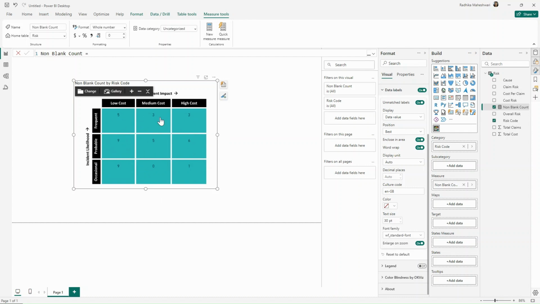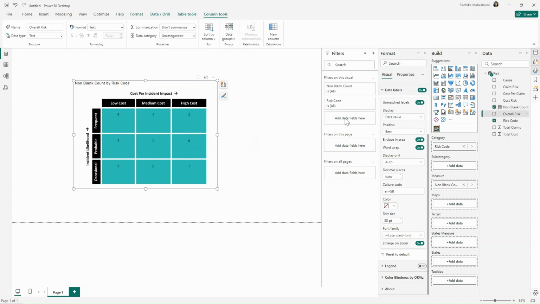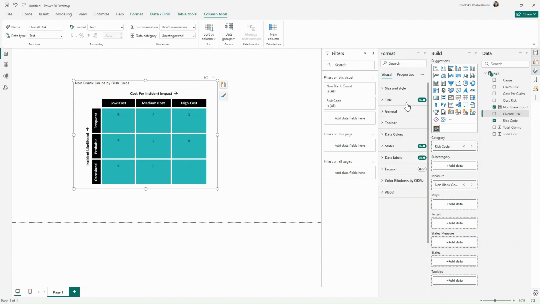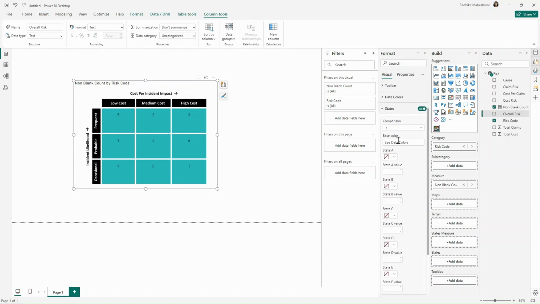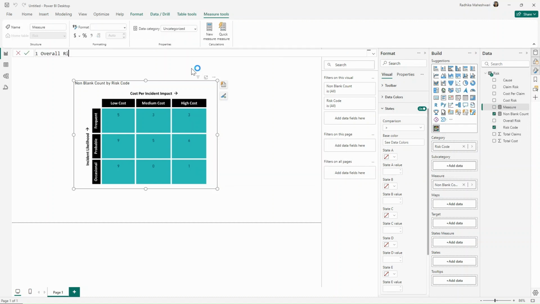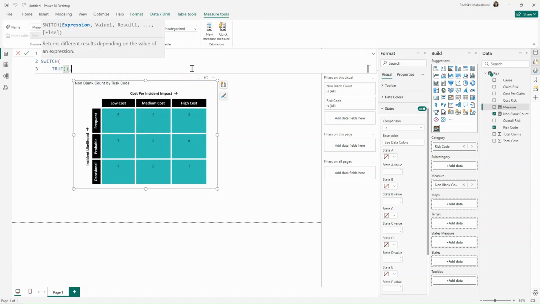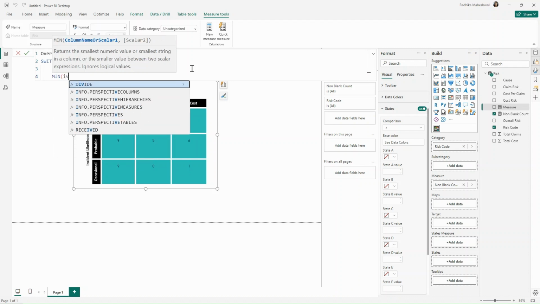Now we need to color code this risk matrix, and to do that we'll have to create another measure because currently our overall risk is a text value and it will be hard to set the colors like that because these only take numeric values. And to do that, it's an easy thing using a switch function. Let's create a new measure, call it overall risk number, and we can just use switch true when the minimum of overall risk